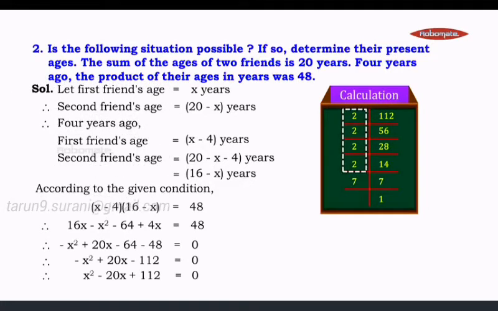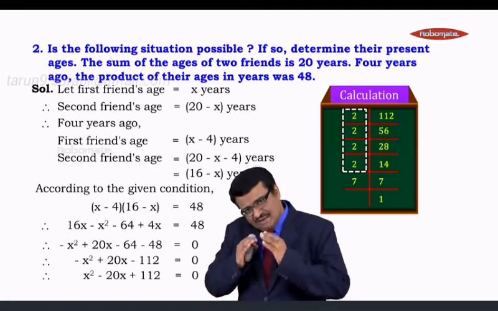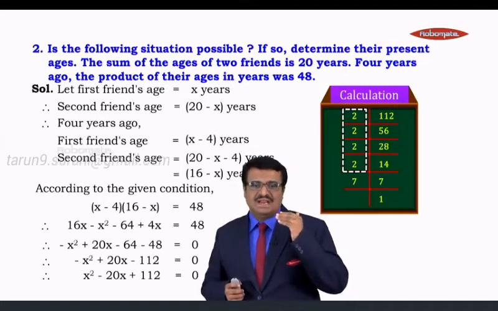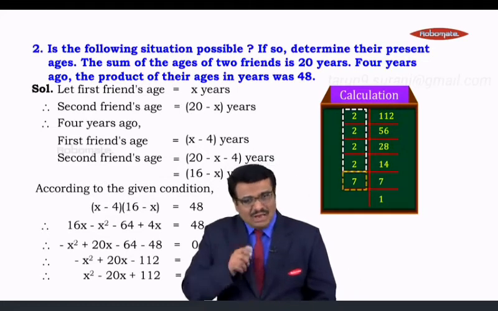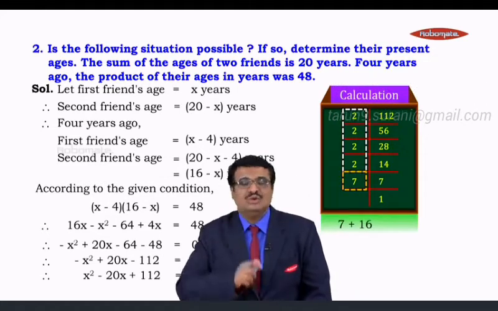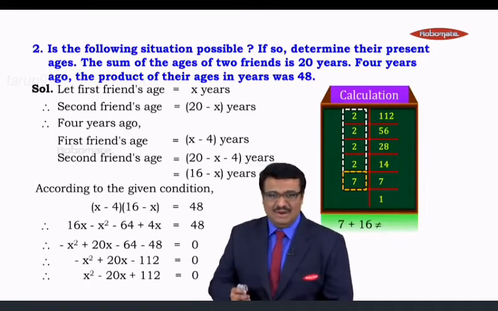Let us take up prime factors now. The biggest number is 7. How do we do the grouping? We will take the biggest number and then group with the others. So the biggest number is 7, right? Let us keep 7 alone and multiply all the others. If you multiply all the others, 2 2s are 4, 4 2s are 8, 8 2s are 16. So one factor becomes 7. The other factor, if you multiply all the remaining 2s, you will get 16. And 7 and 16, if you add, you will not get 20.